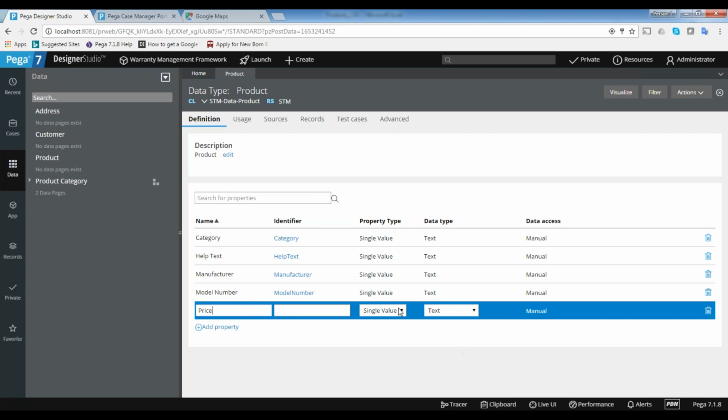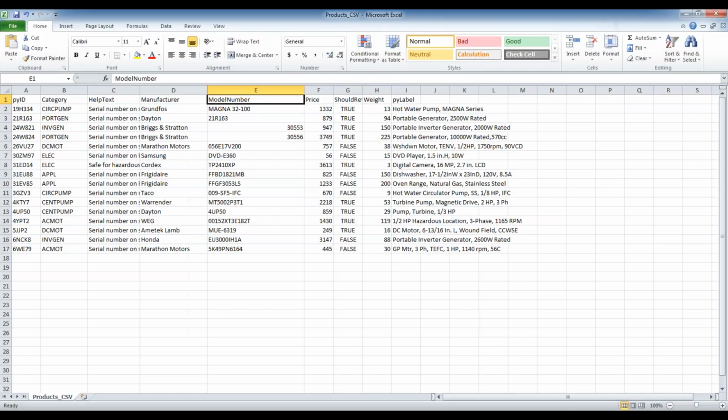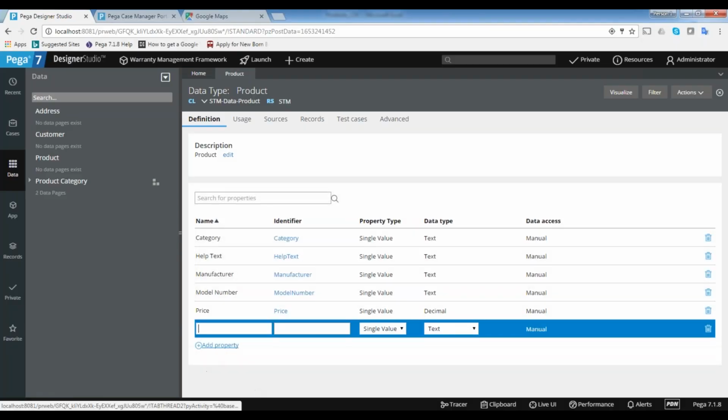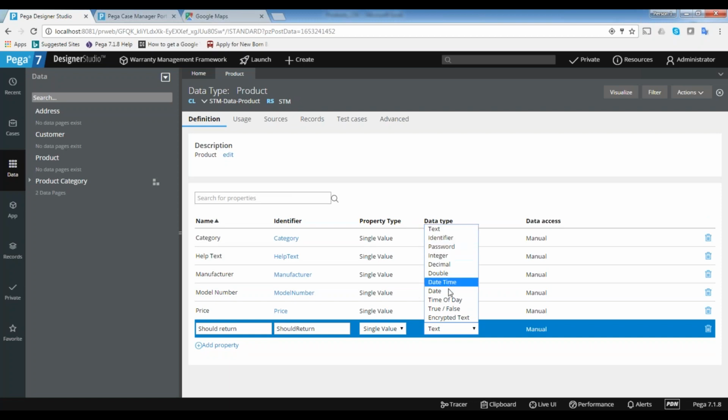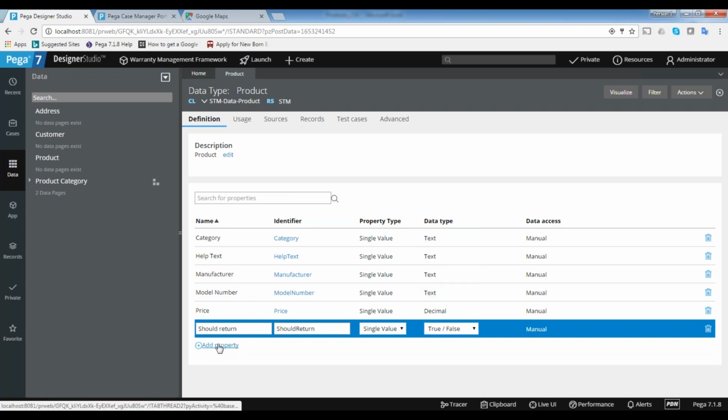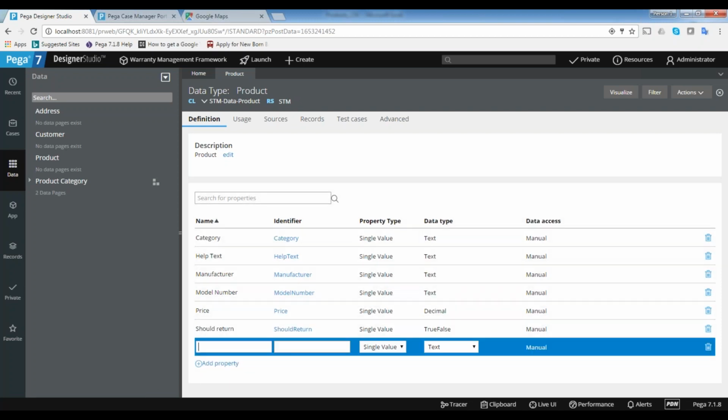So price should be decimal, and should return weight. Return is a boolean. Weight is integer. Let's see.